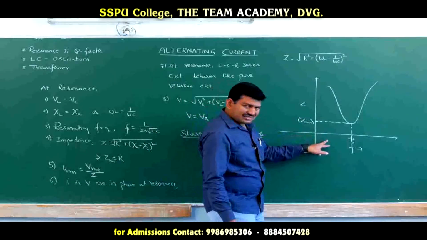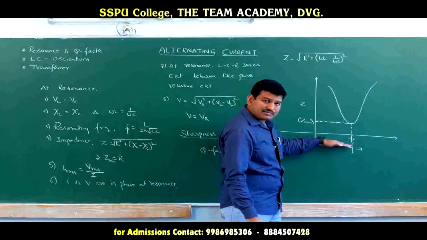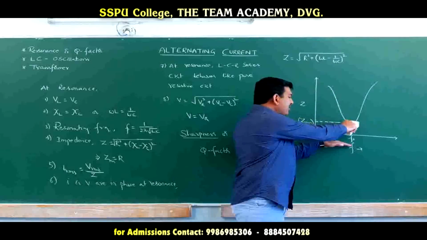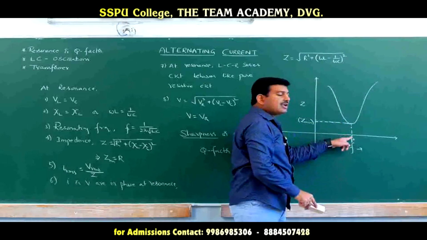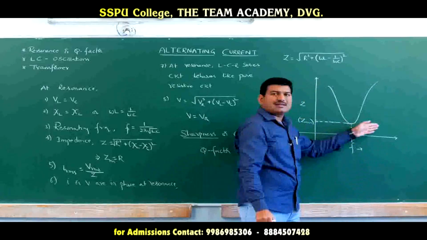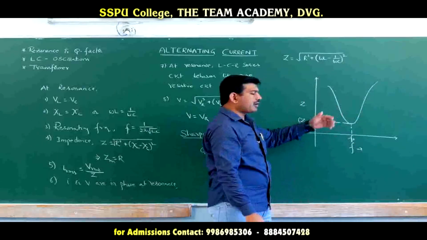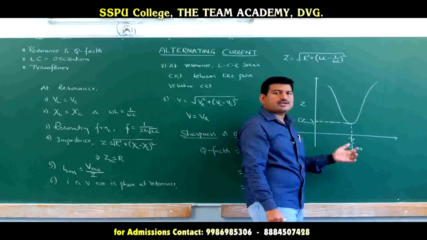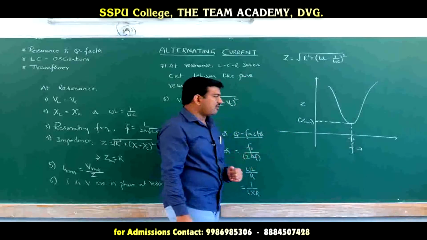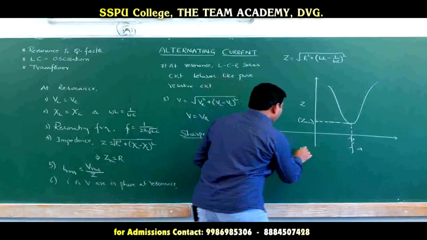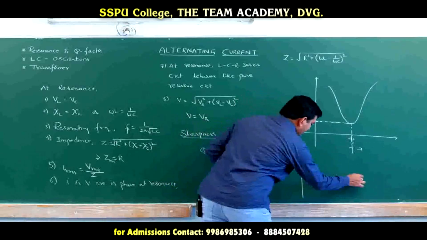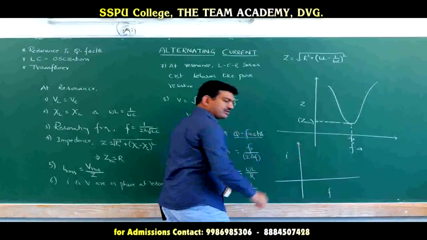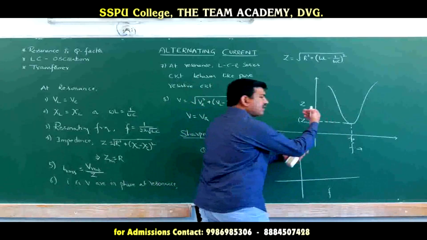Therefore, I can write that this intercept on the y-axis is taken as the minimum impedance. So, as you see the graph here, with an increase in the frequency of the LCR series circuit, first the impedance decreases and becomes minimum for a particular frequency called the resonating frequency. And if you further increase the frequency, once again the impedance of the circuit increases according to this graph. Taking this into consideration, if I plot the graph for the variation of current with frequency, then the graph will be shown like this. This is the frequency of the circuit and this is the current in the circuit. Then the graph will be in this way, just the reverse of this case.